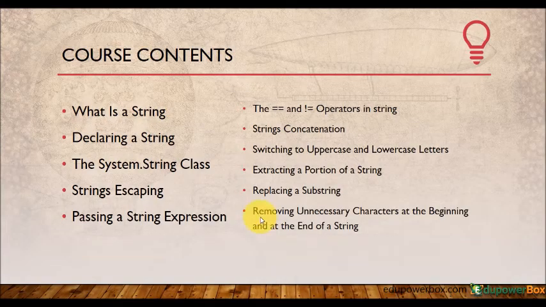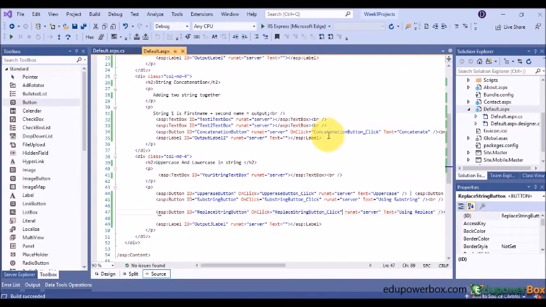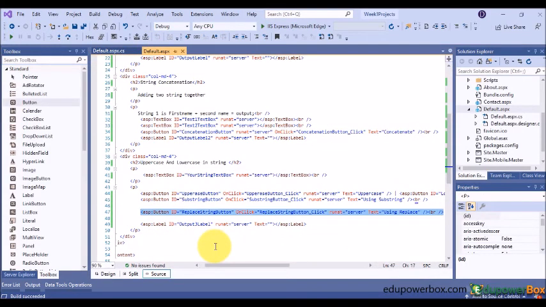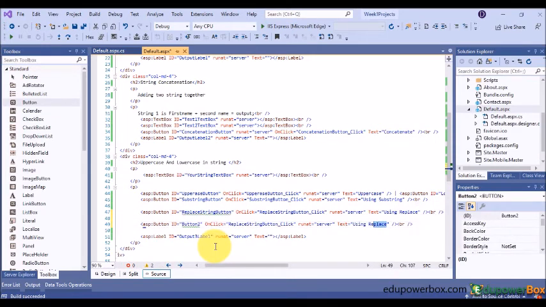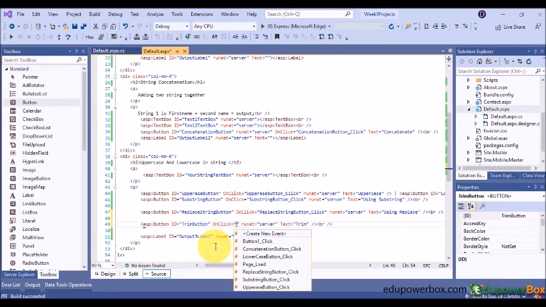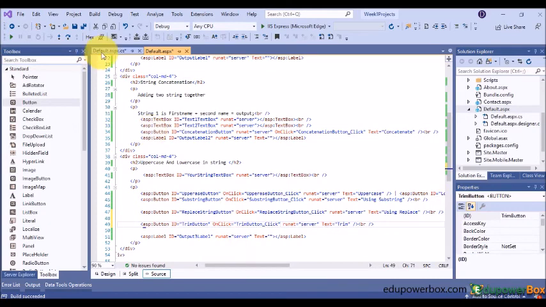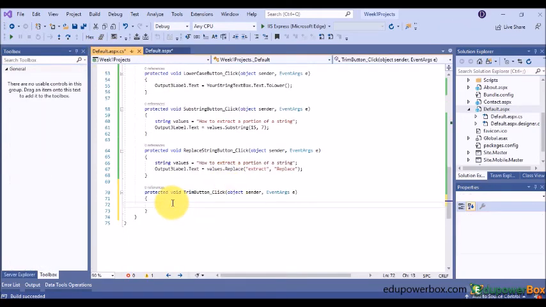The last but not the least is removing unnecessary characters at the beginning and the end. I'm going to use what we call string. I'm going to call this string trim. This is very good when you are dealing with username and password. I'm going to call string username equals